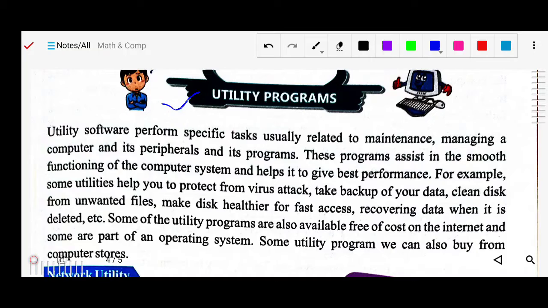So what is system software? System software serves as an interface between the hardware and the end users. Means by the help of system software we can interact with the computer. It allows users to interact with the hardware components of the computer.